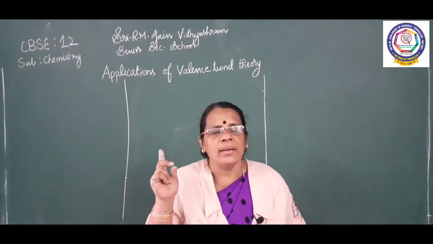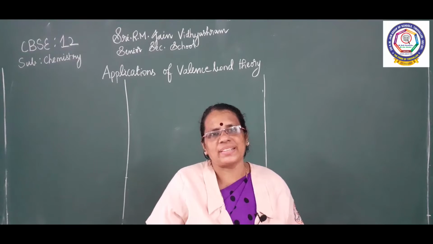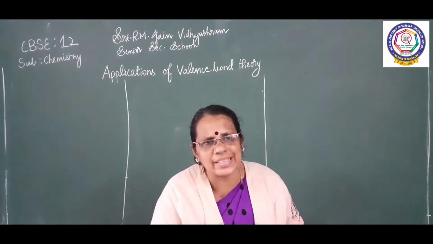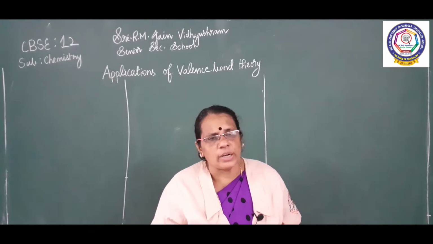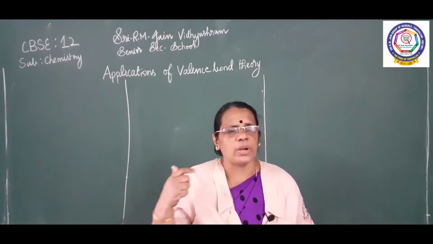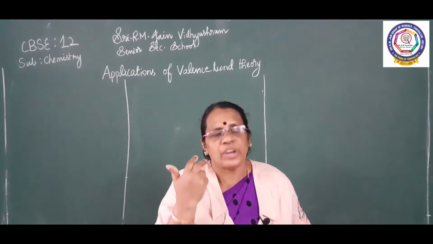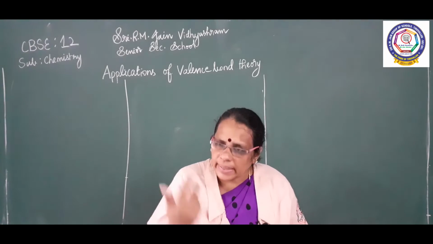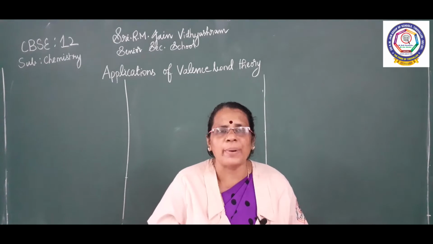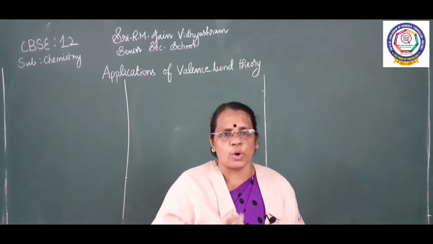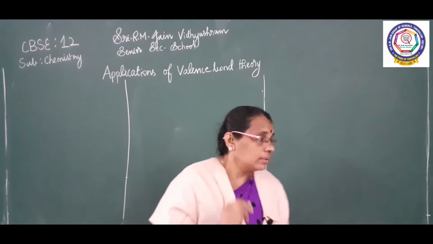We are going to see another example where we talk about the square planar and tetrahedral complexes using VB theory. In the previous case, we discussed the octahedral complex. We talked about the paramagnetic and diamagnetic character, hybridization, and the shape of the complex also. Now we are going to talk about the tetrahedral and square planar complexes using the VB theory. Shall we move, children? Be ready with your notebook, and start writing along with me.